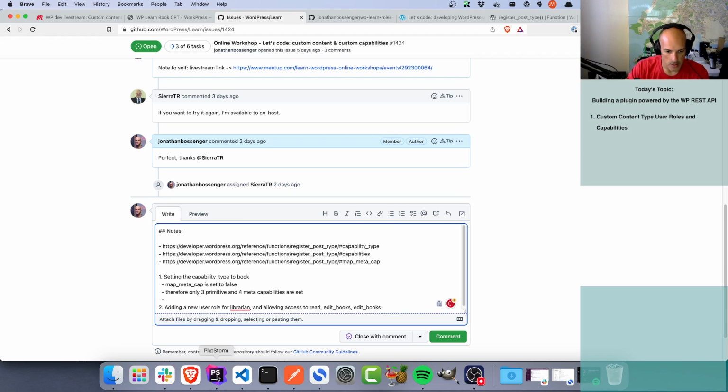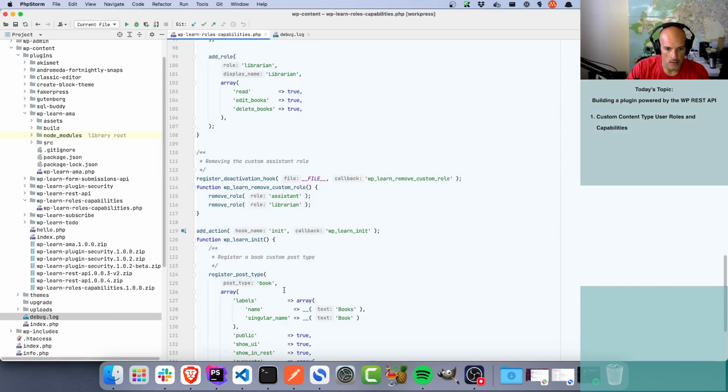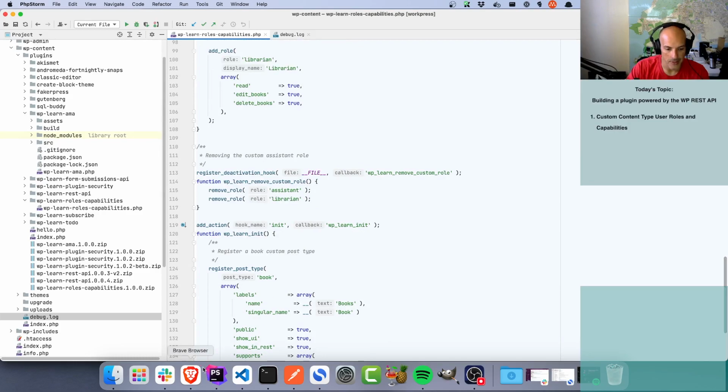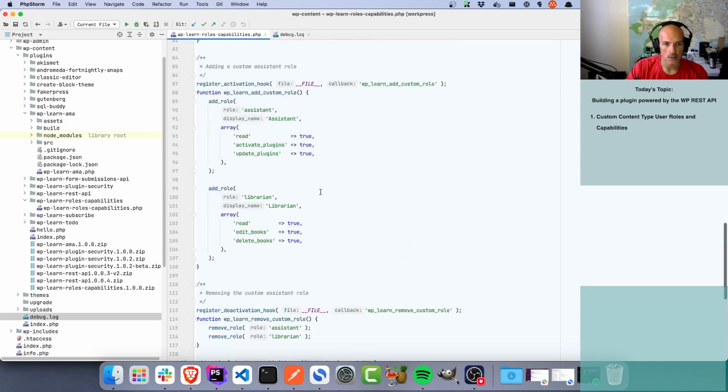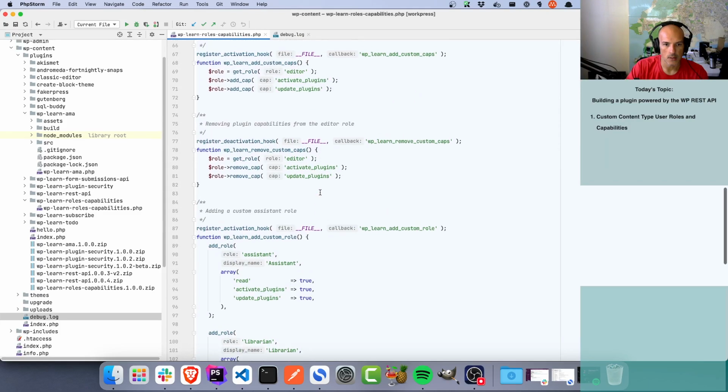Okay. So actually, let's just take this back one step. Yes, it would have done, even without the librarian role. So the minute I registered it like this, because the new capabilities are not set for the admin user role, the admin user can no longer access books. So we need to give that user access to books. So if we go here,